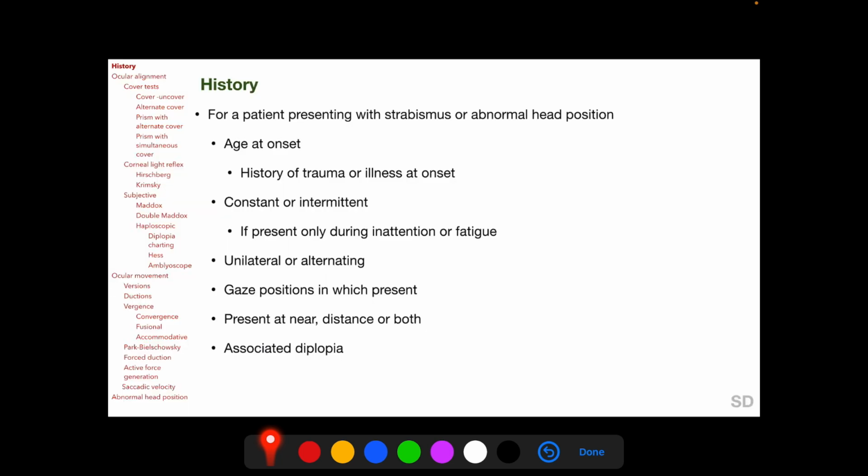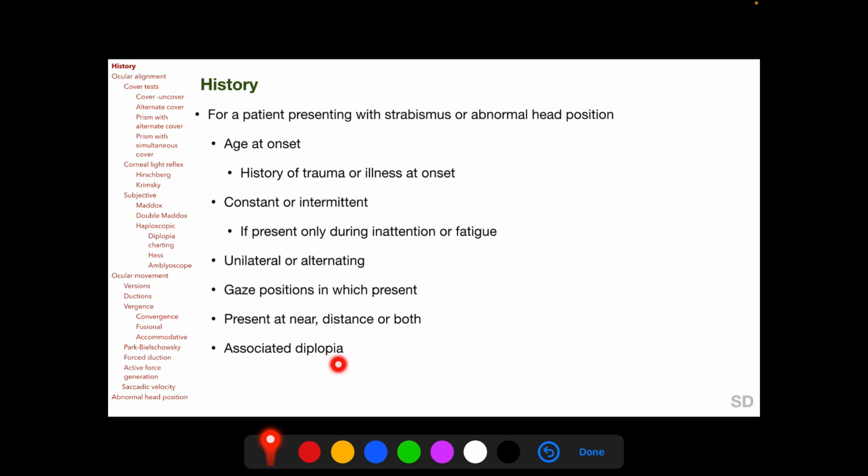For a patient presenting with symptoms of strabismus or abnormal head position, we inquire about the age at onset of symptoms, if there is any history of trauma or illness at onset, whether the strabismus is constant or intermittent, and if intermittent, whether it is present only during inattention or fatigue, whether the strabismus is unilateral in which only one eye deviates, or is alternating in which the deviation alternates between the two eyes, and whether the strabismus is present only in or is increased in certain gaze positions, at near fixation, distance fixation, or both, and